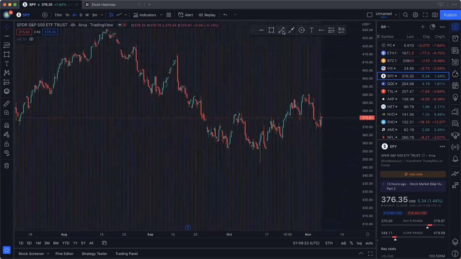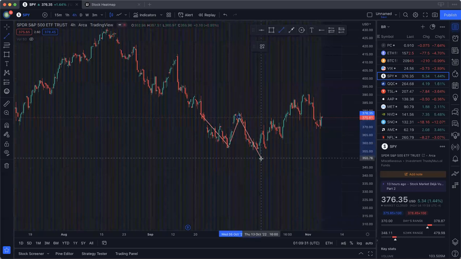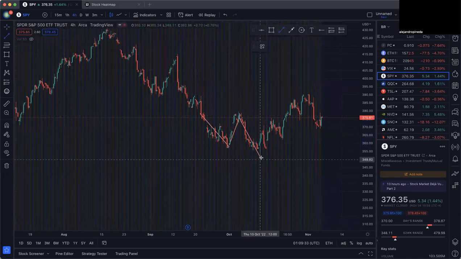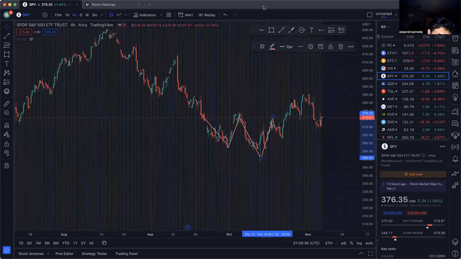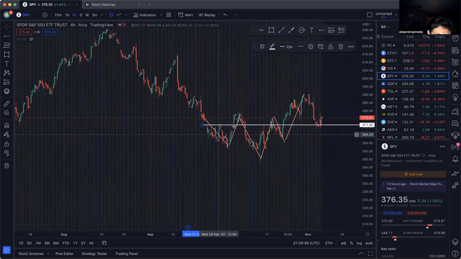See this inverse head and shoulders we have forming, or that we had formed here. So there's the shoulder, head, shoulder, breakout. Okay, so now what we're looking at is we kind of have a neckline right here